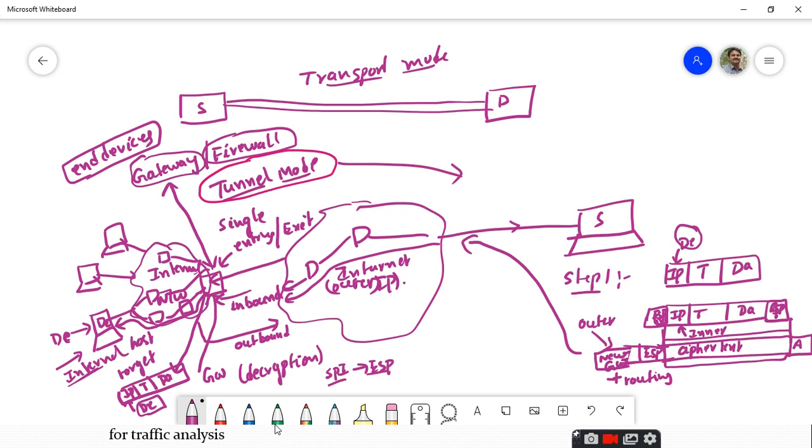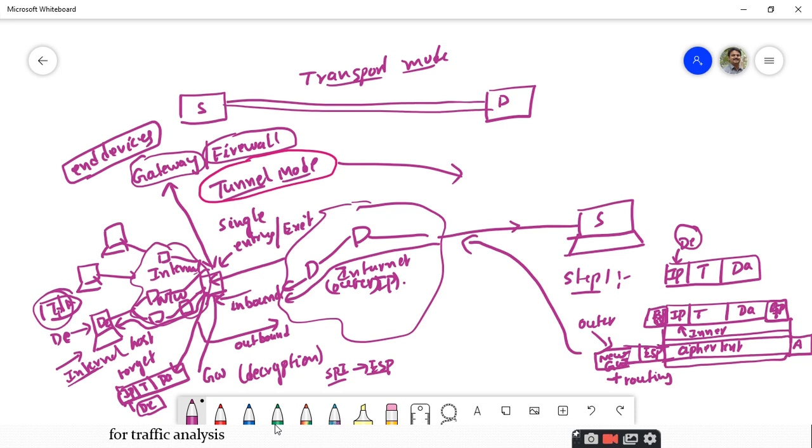So the inner packet, that is the original IP, TCP header and data, will be routed through a number of routers in the internal network to the destination host. Once it is received at the destination, it can strip off this inner IP, and it can have this TCP and data, and then the necessary processing will be done. This is the important point you should understand.